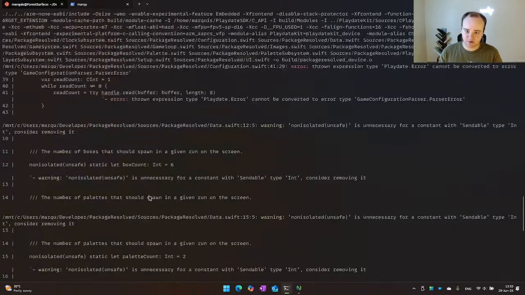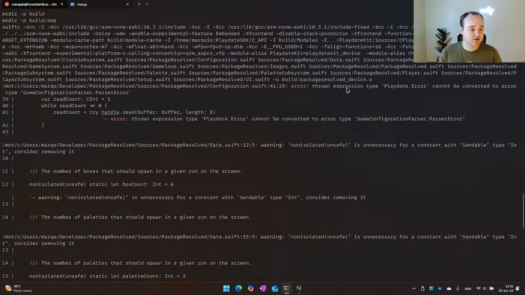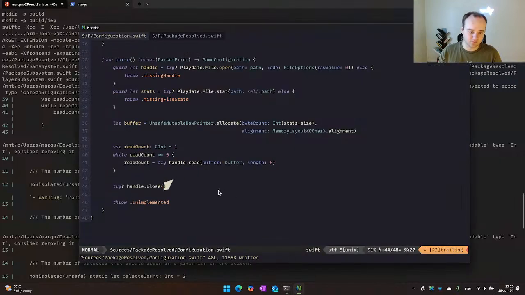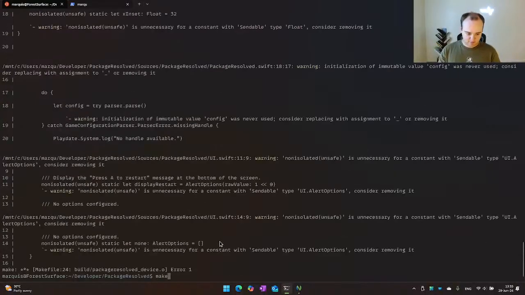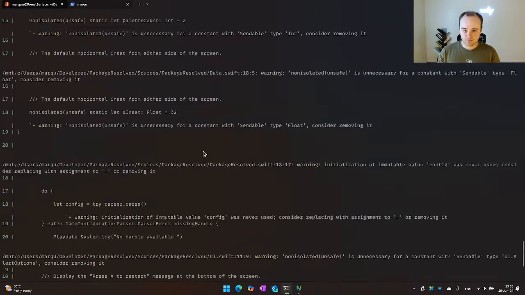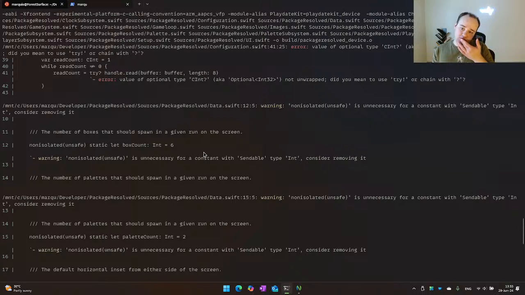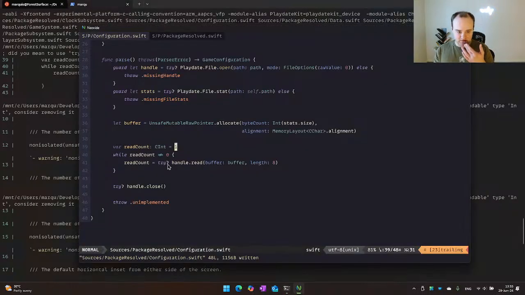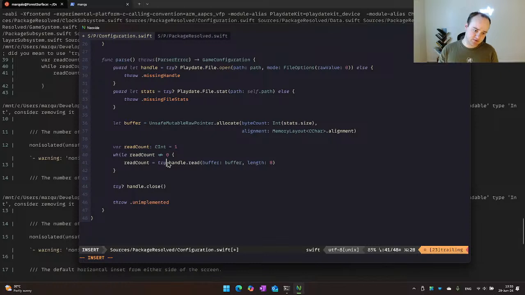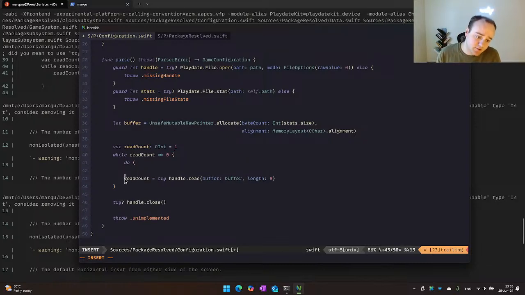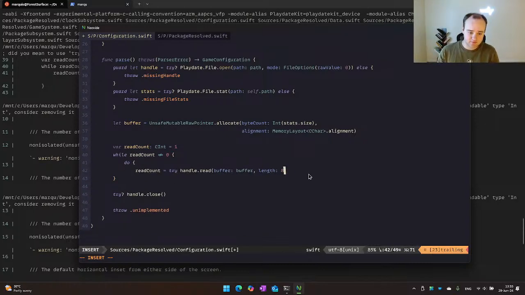Error 1, there's another error floating around here. Thrown expression cannot be converted to, right. Just gonna do that. Or chain with, right, okay. Yeah, that's gonna be a problem. Do that.